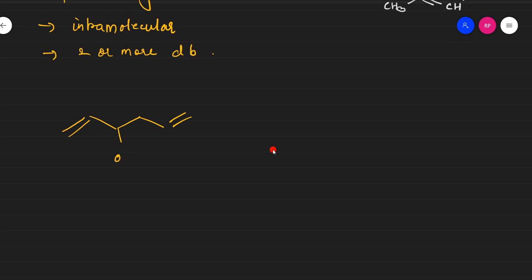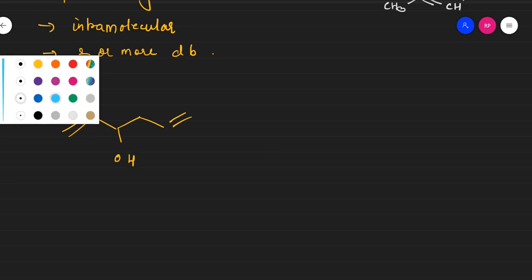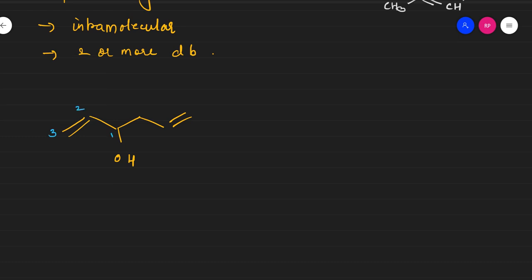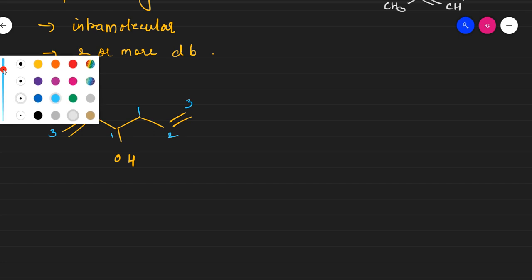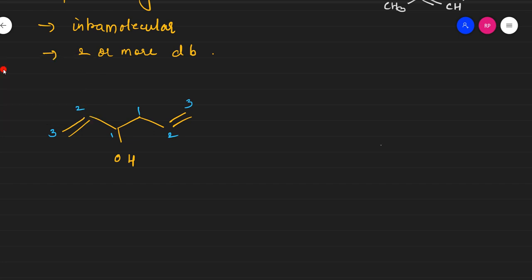Okay, so this is one system. Identify 3, 2, 1. Always start with a double bond. 3, 2, 1. And if I want to write the final product, we'll directly write it. So I will start with 3, 2, 1. I'll show you the transition state afterwards. 3,3 bond formation takes place.